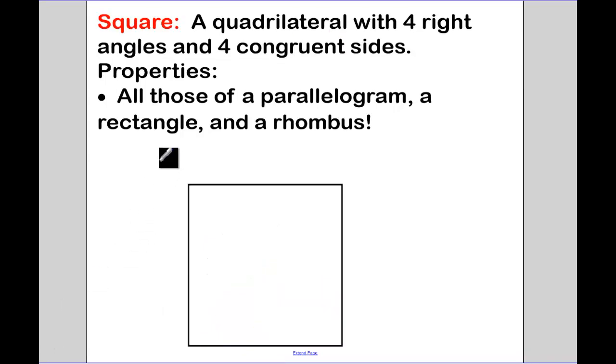Okay, a square. A square is a quadrilateral with four right angles. And again, this is the definition of a square. And four congruent sides. So four congruent sides, four right angles. Now, this is the most